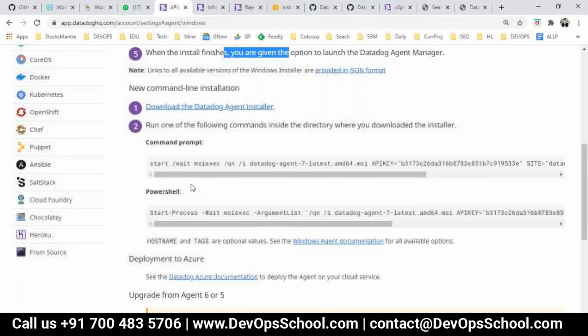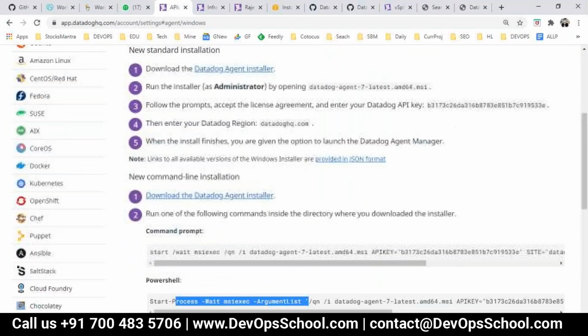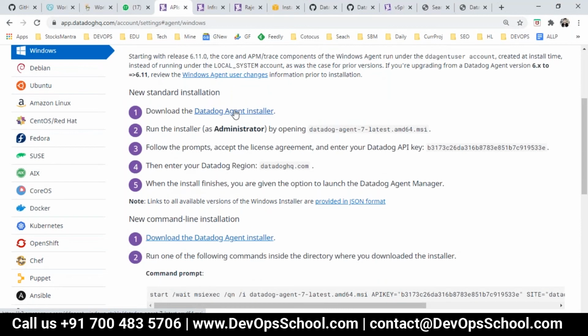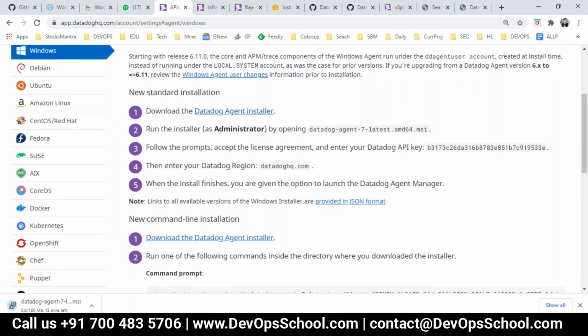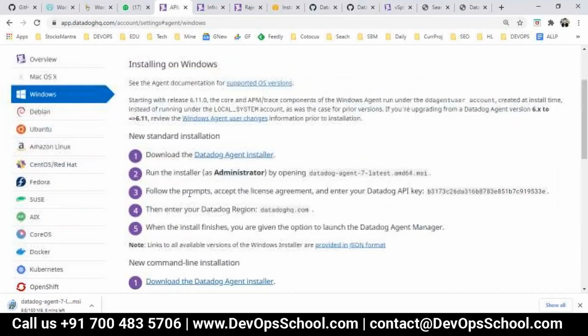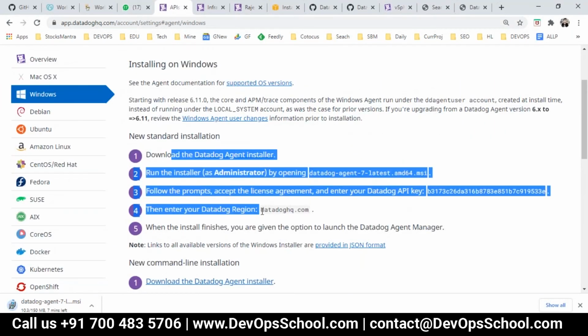If you want to do it through the command line or PowerShell, you have it here. But let's do this through GUI mode, so that way you have a little bit of confidence of what is happening. So I'm installing the agent. It's taking quite a huge amount of time. Okay, so meanwhile, till my agent is getting installed, I will do the other